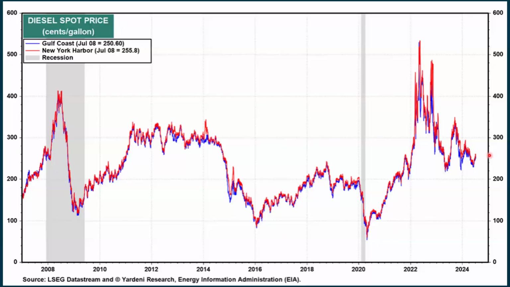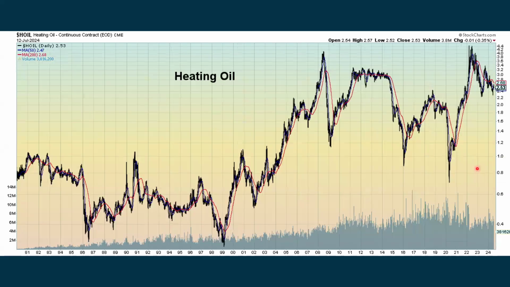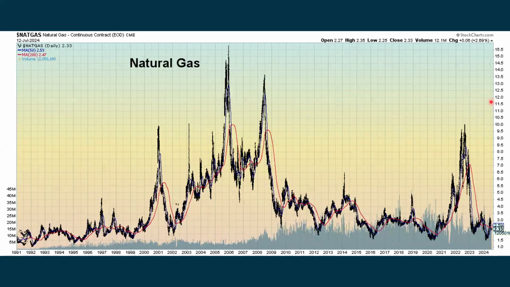Keeping an eye on diesel, this is the spot price. This means the price right now. This is not future. This is the current price, where we did see a little bit of a tick up recently here. Heating oil, which is in a downtrend. Of course, we're in the summer now, but still heating oil can perform in uptrends or downtrends regardless of the actual season. Natural gas, which continues to be in a downtrend, it was starting to come back up, but is now pulling back down.